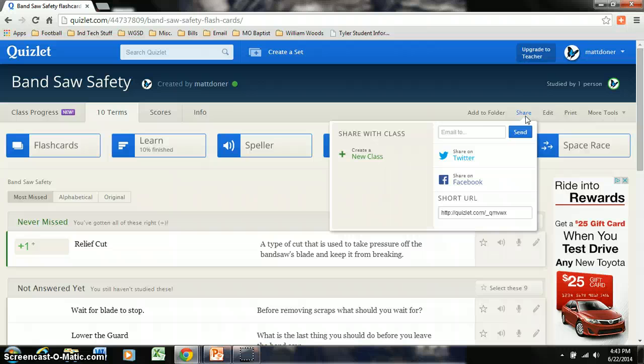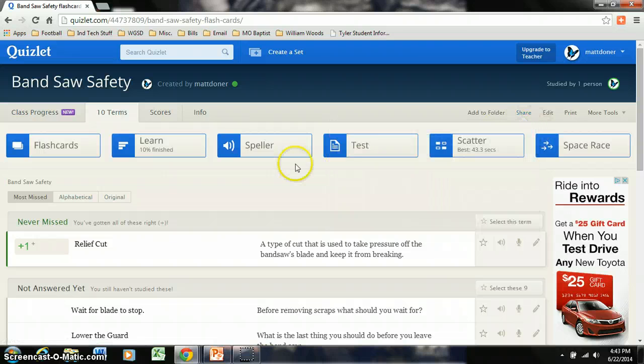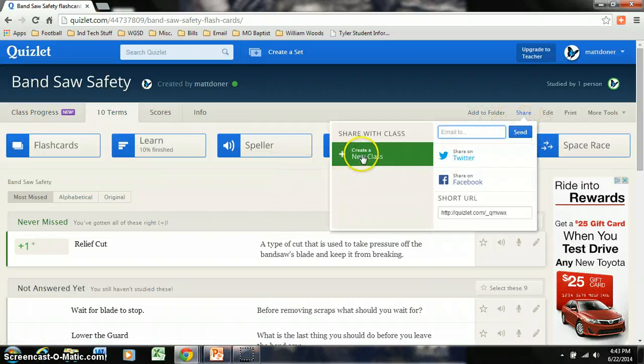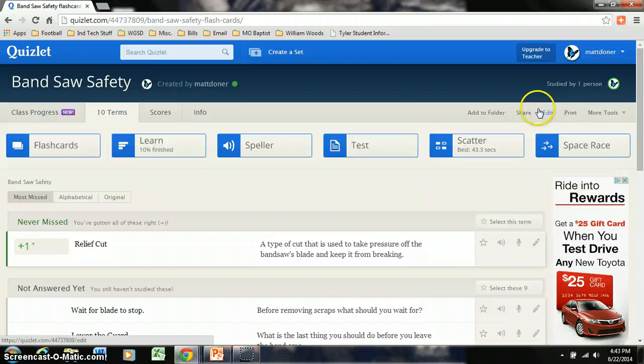I also have the ability to share this. I can share it via email. Also, if I have it synced up with my Twitter or Facebook accounts, I could share it that way as well. Also, I can set up classes that have individual students who will get certain cards or quizzes shared with them. So definitely a useful tool, another way of incorporating technology into my curriculum where I'm enhancing some of the things that I do